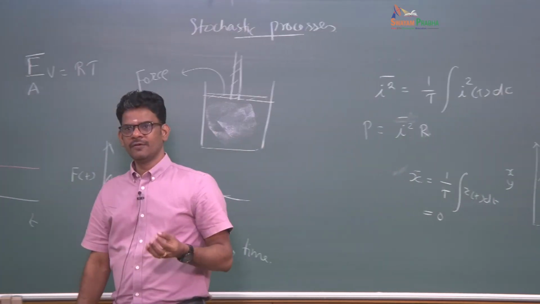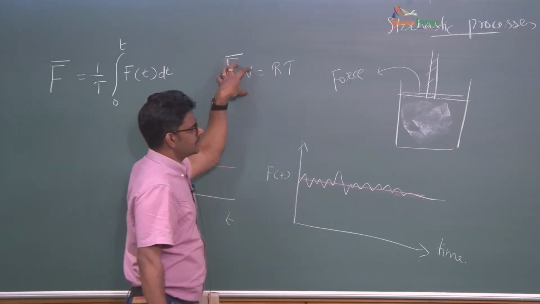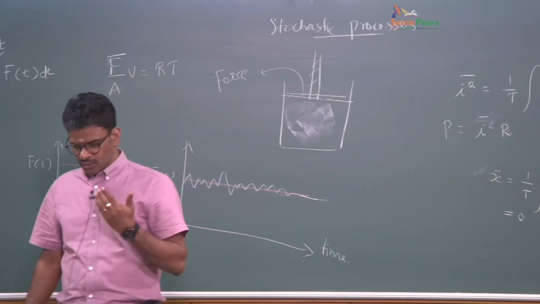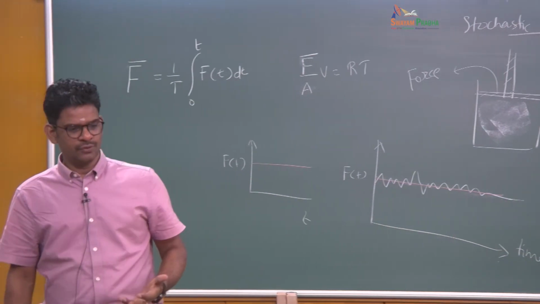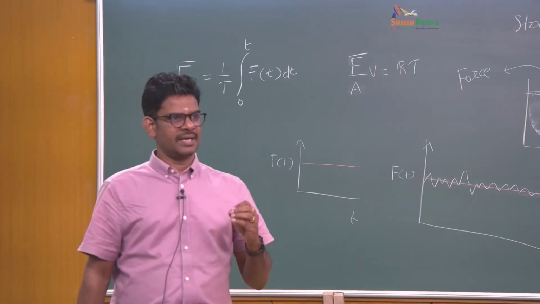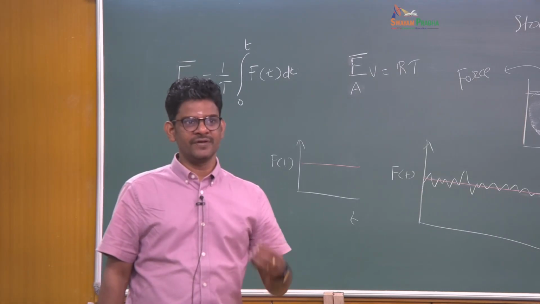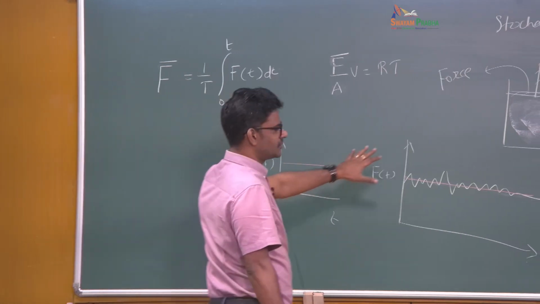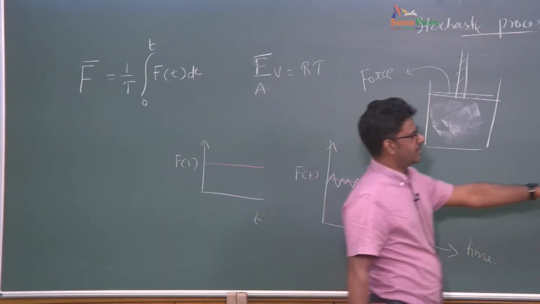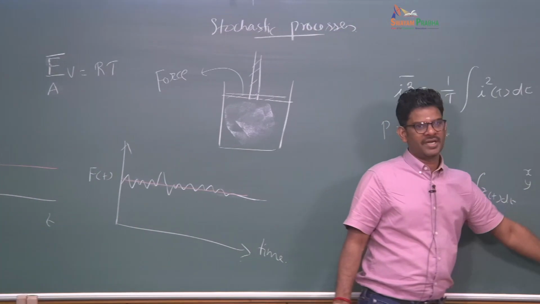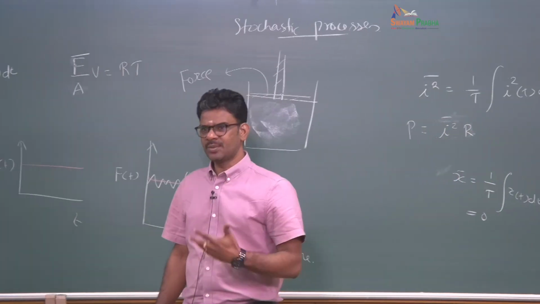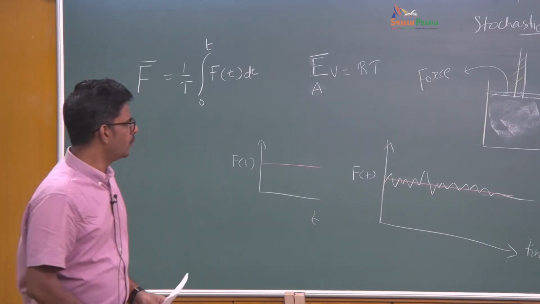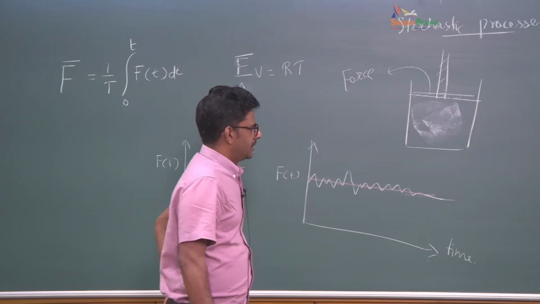So far we were only familiar with these kinds of deterministic equations. But now what we are saying is, those deterministic variables that we have been using so far are nothing but the mean characteristics or the average properties of underlying fluctuations. Okay, and that can be a force here by a pressure, or it can be a Brownian particle position like here, or it can be a current in a circuit. So these are some of the initial observations that were made about the inherent fluctuations, and how we should take care of the time averages.